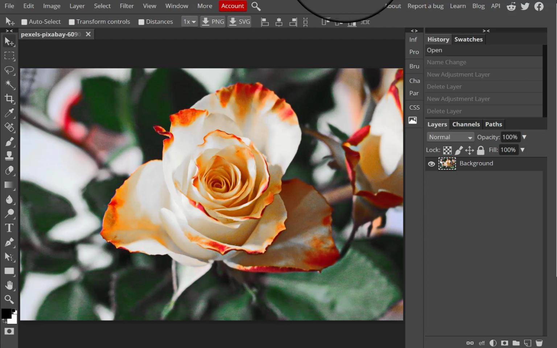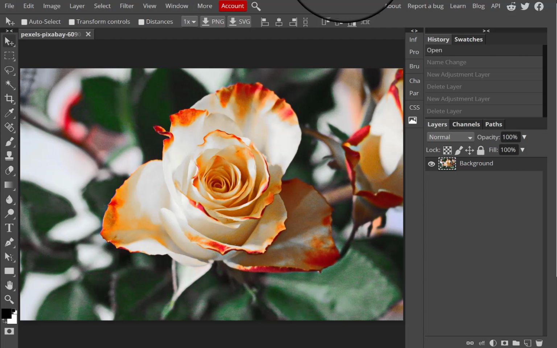You can see that I already have an image open of a beautiful colorful flower. What I want to eventually do is turn the background black and white and then show off the beautiful colors of the petals. So the first part in this process is to convert the image to black and white. There's two different ways that I could do it. I'm going to show you how to do it destructively first, and then later on I'm going to show some